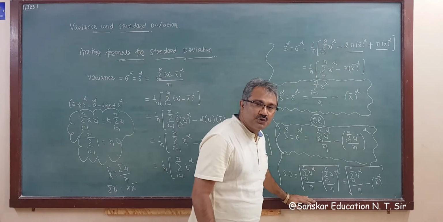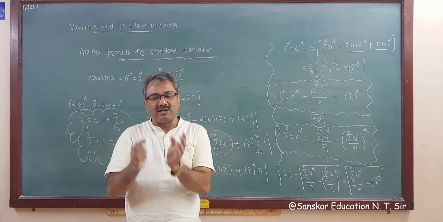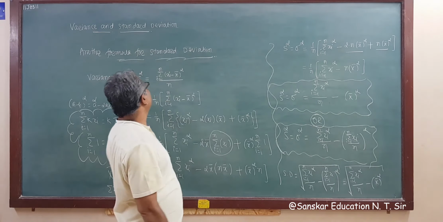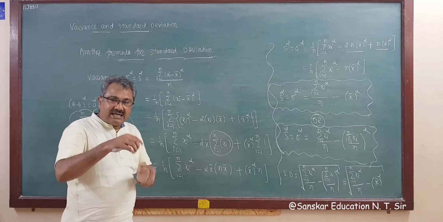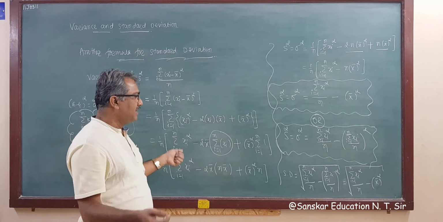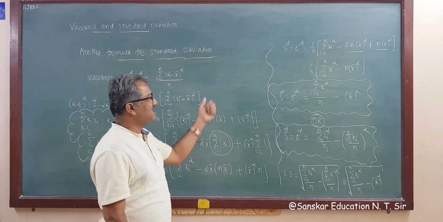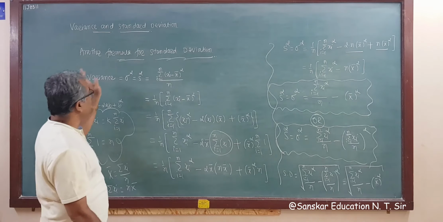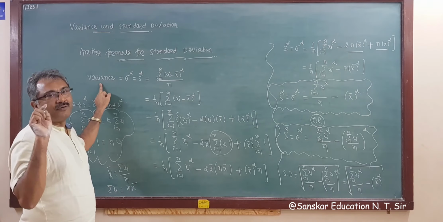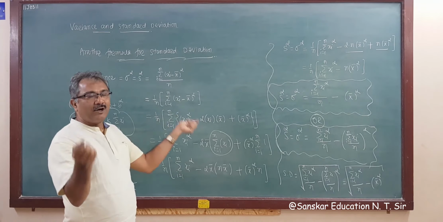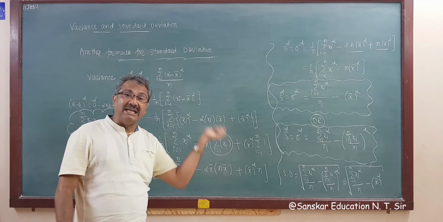This formula is usually used for a small number of observations, like 4, 2, 3, 5, and this is the definition. You can use this formula also. As per your requirement you have to apply a formula, but remember these two formulas. This is the short method and this is your standard formula for variance. Remember, variance of observations is the sum of the squares of the deviations divided by the number of observations.